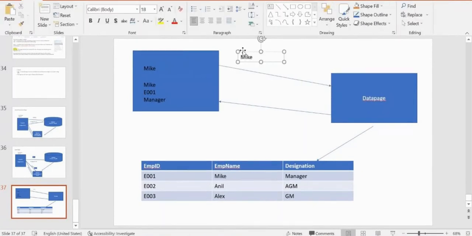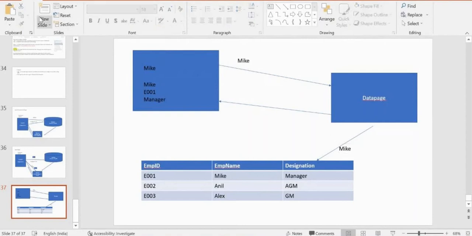When I send Mike, it takes this request to the data page, and it sends the output as E001, Mike, manager. This is what the data page will send as the result. This is what happens when you work on a data page.